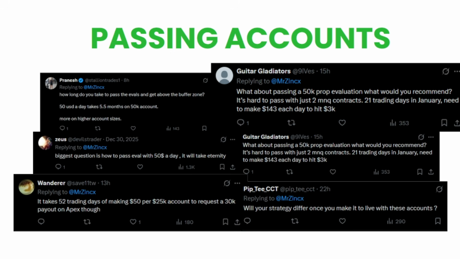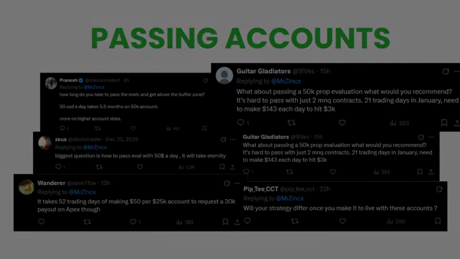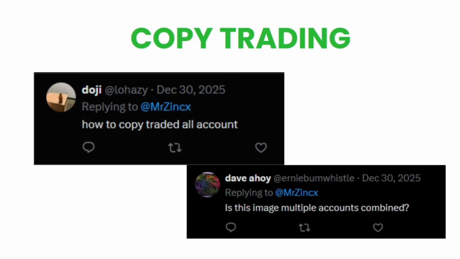Even if you're not in a weak financial situation, I still say pass the account when you pass it. There's no reason to go and rush. There's no reason to size up. Copy trade over those accounts the same that you would on a funded. Pass them when you pass them. Another commonly asked question, I did miss some screenshots here, is copy trading. What do I do for copy trading on the accounts?